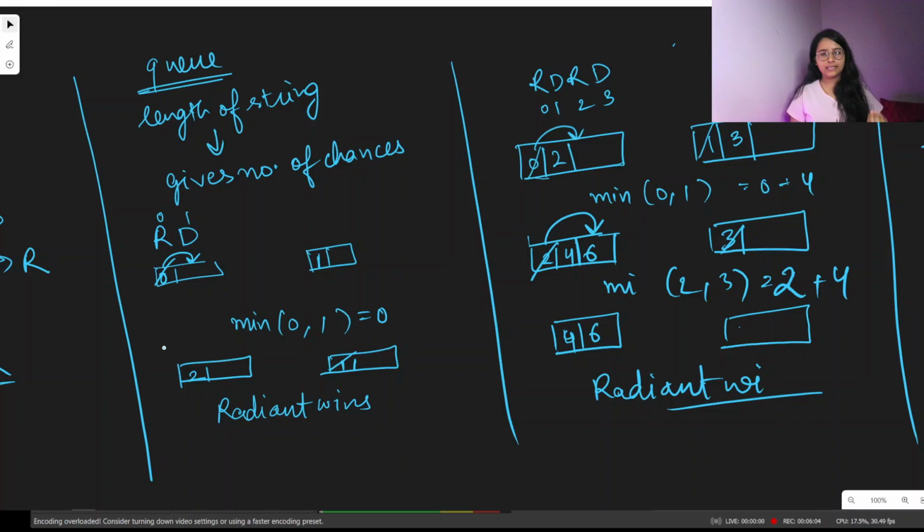The minimum out of them is 0, but we also need to add how many chances a particular person has, and that is simply the length of the string. So we will eliminate both of them and then add 2, as 2 is the length of the string, to 0. And finally, whichever queue has the maximum number, or you can say whichever